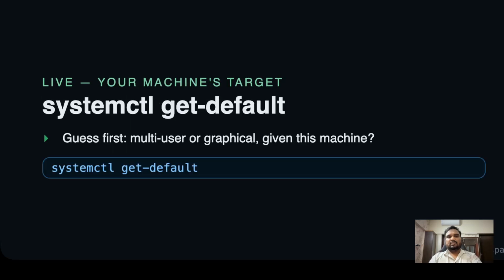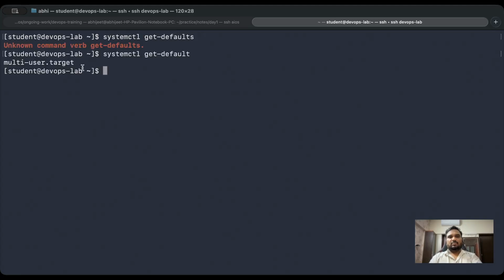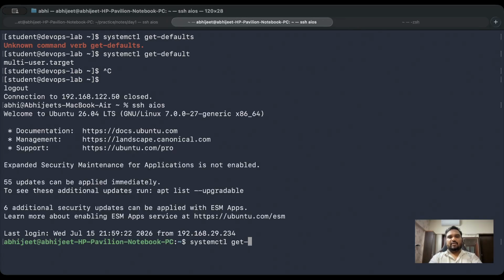Now in this next lab, let's see what our own target is. systemctl get-default. Mine is a multi-user target. Let us log in to another system which has a graphical target. My bad, systemctl get-default.